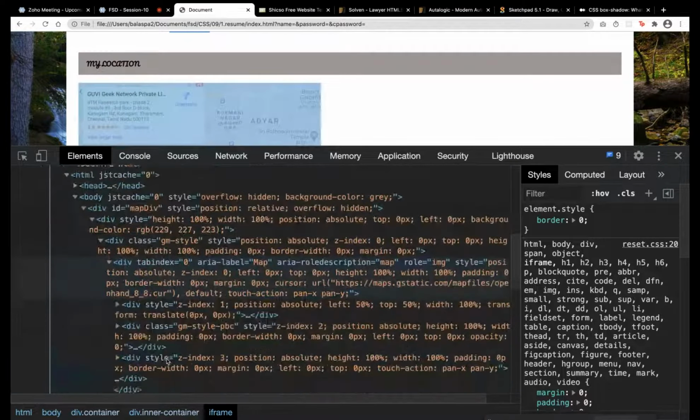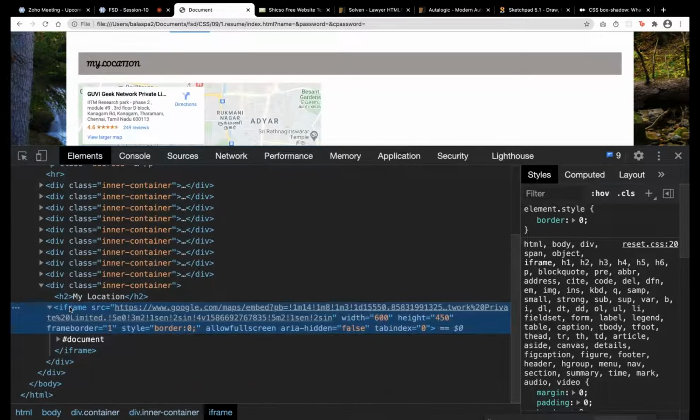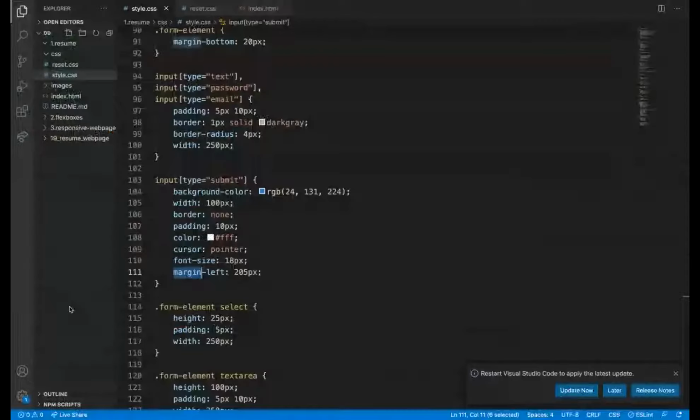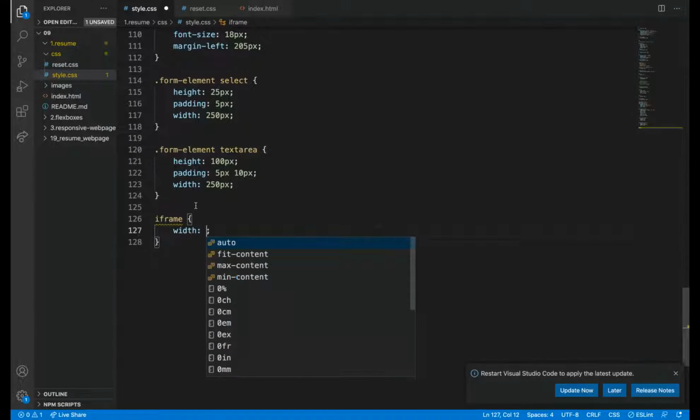These are all things coming from another website. Don't add styling to those. We can add it only to the iframe tag. So iframe width 100%.